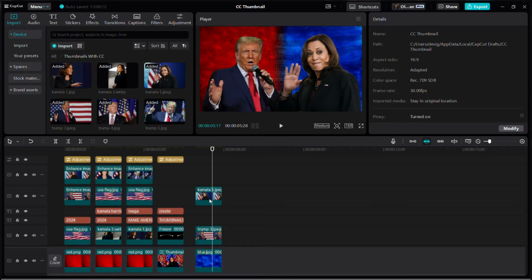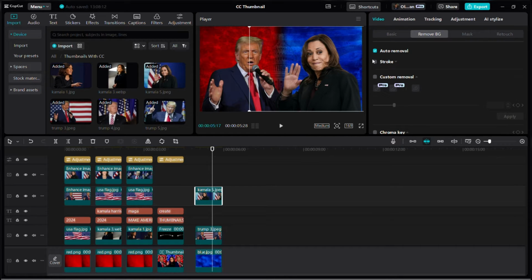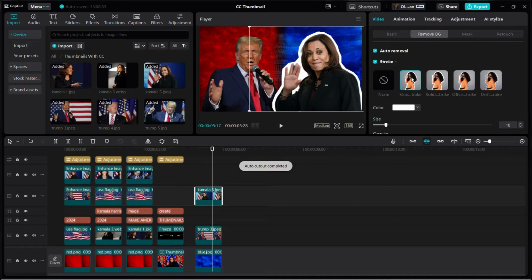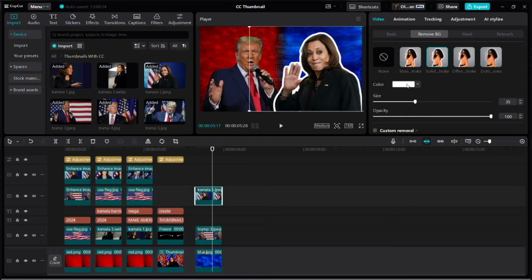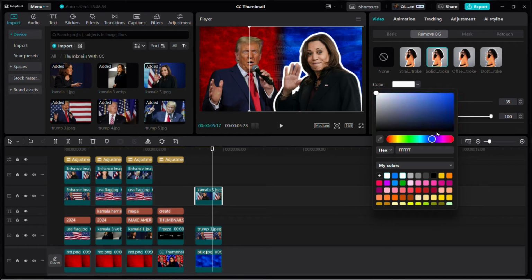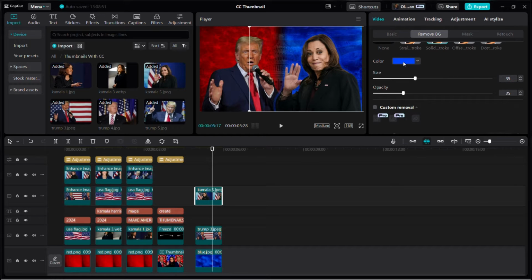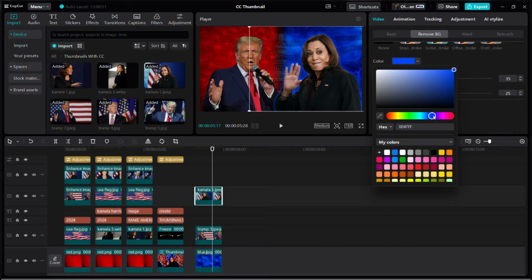It's very simple. You just come to stroke, Kamala Harris. You click on stroke for Kamala Harris, and you click on this stroke, or no, this one rather. So rather than having it as white, you change it to the color because we want contrast. I know Kamala Harris represents blue, which is Democrat, but if you do that, let me show you. If we have Kamala Harris as blue, it doesn't really work because we have to drop the opacity to 25, so it's not visible. So for the sake of contrast, I'll have Kamala Harris as red,